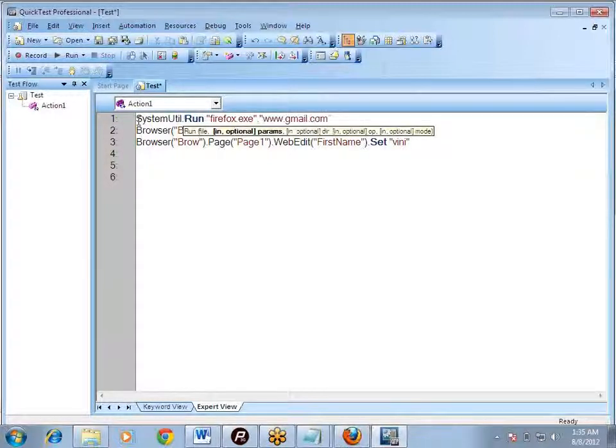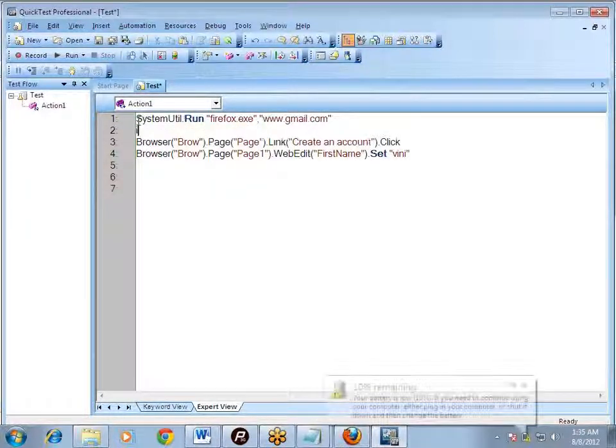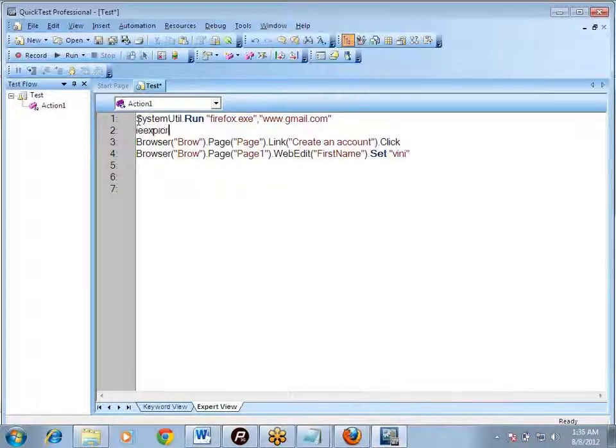If you want to open up Internet Explorer, the code is going to be IEExplore.exe. Just write IEExplore.exe.